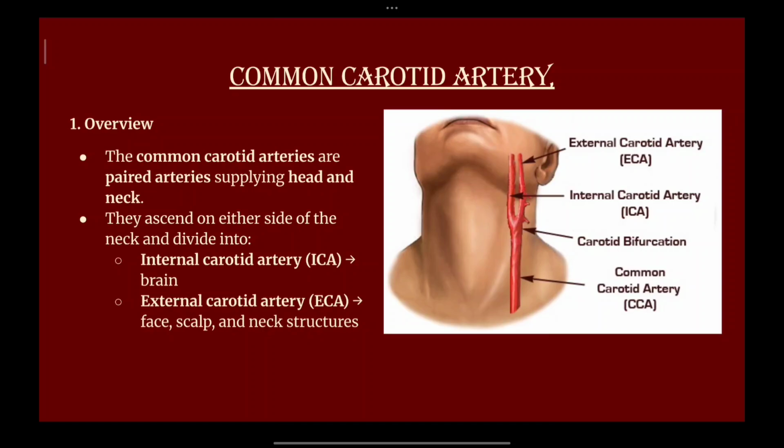Now, understanding these arteries is vital not only for the exam but also for clinical practice, emergency procedures, and interpreting vascular diseases in them. The learning objective is that by the end of this video, you'll be able to identify the course, branches, and the anatomical relations of the common carotid, subclavian, and axillary arteries as well. Understand the clinical importance of these arteries in the surgical approach, plus the examination of pulse and trauma care as well. Apply this knowledge to real life scenarios like blood supply compromise and the diagnostic imaging that is performed by the radiology department.